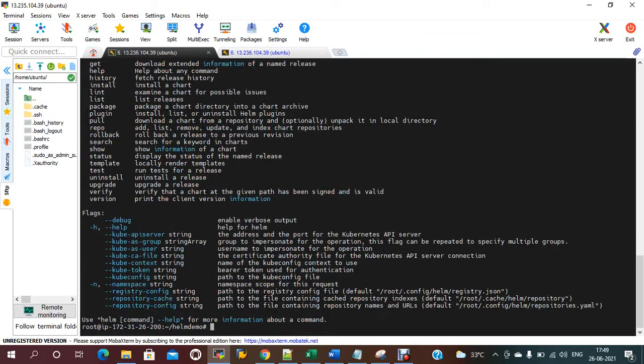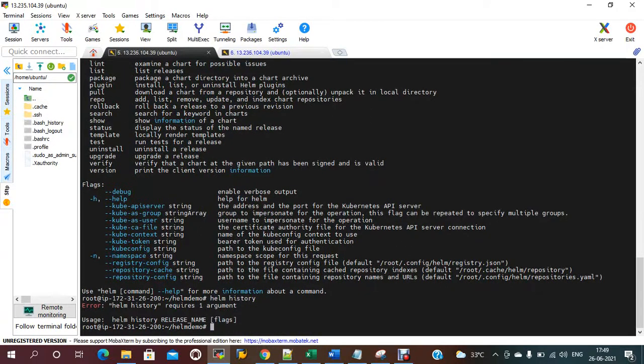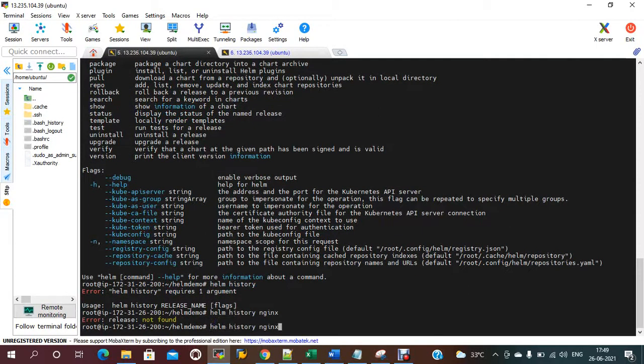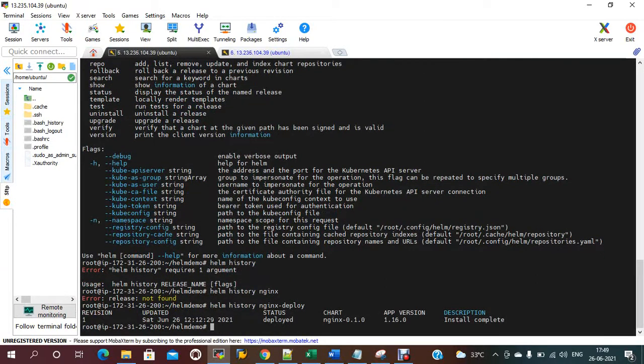Now if you give helm history, you just need to pass the deployment name, like helm history nginx. If you give that, you can see the revision, updated time, and the status, all this information.